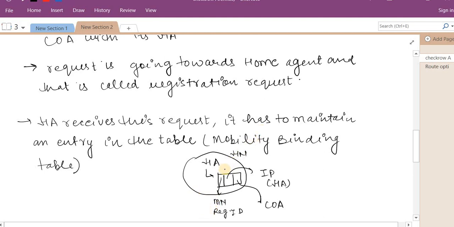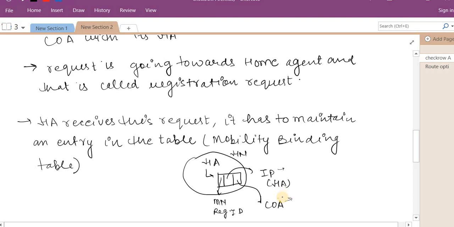Then the second one is the IP address, the permanent IP address that is allocated by the home agent inside the home network. And the third one is the care of address, which is the temporary address allocated by the foreign agent. After the binding, this care of address will become permanent, but the original address will be this, and the temporary address is the care of address.